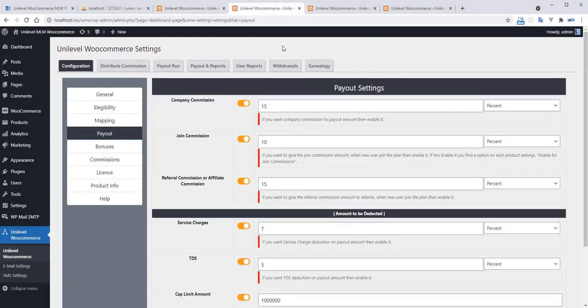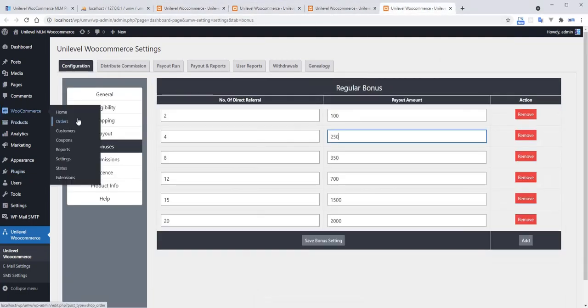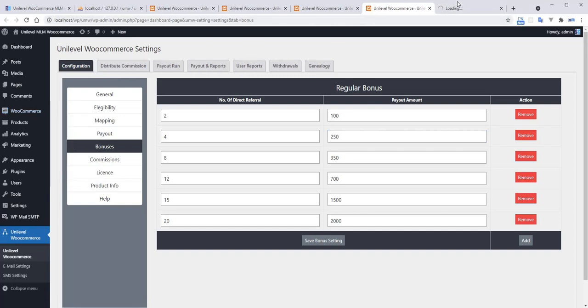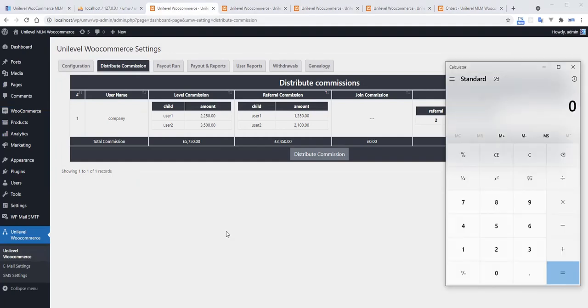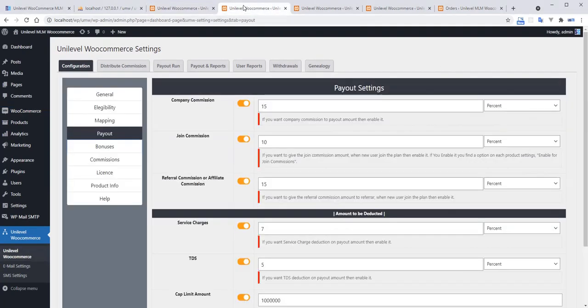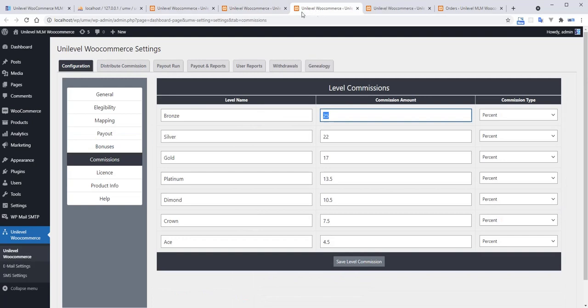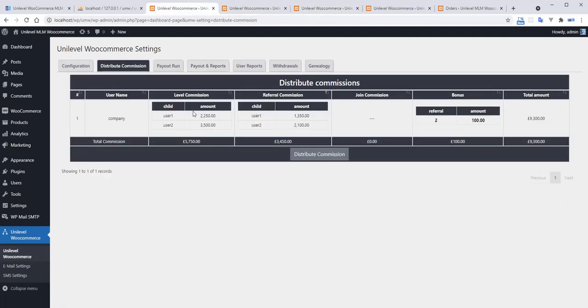So suppose the order, first user order amount is this one, the 9,000. So let us consider 9,000. Which one commission is the level commission?